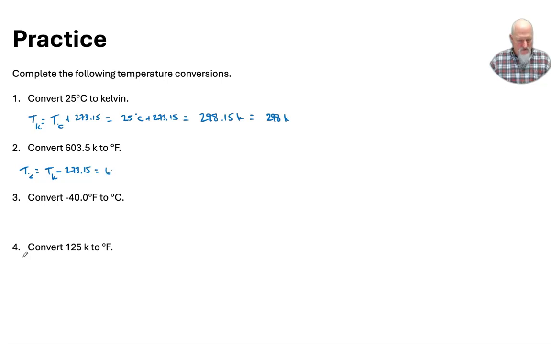So 603.5 minus 273.15 is equal to, so pull my calculator here. So 603.5 minus 273.15 is 330.35